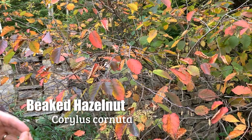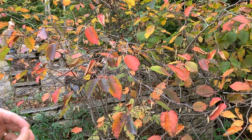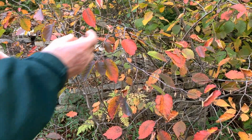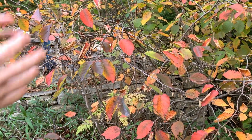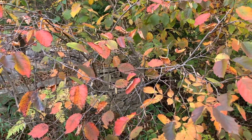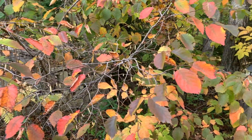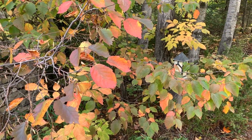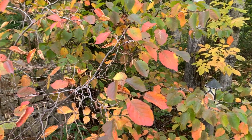This is Beaked Hazelnut, our native hazelnut up here, with this wonderful reddish orange, a little yellow in there too, fall color. Out in the sun, this can get really nice fall color. As you get into more shade, and it tolerates some shade, the fall color won't be this nice. But this is a great fall color plant, and you can also see right now